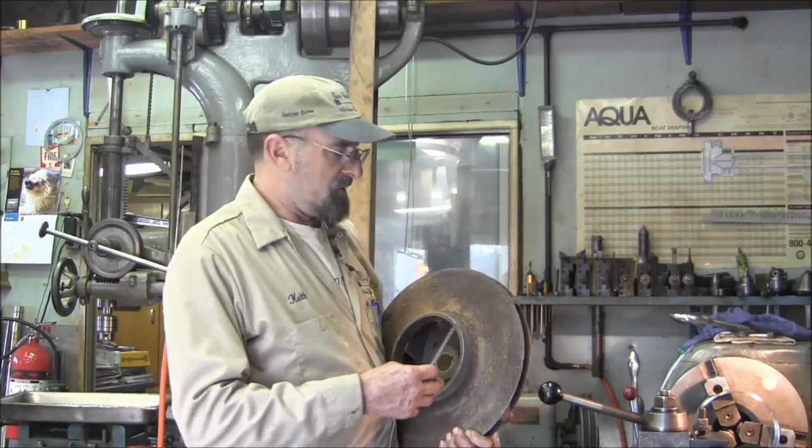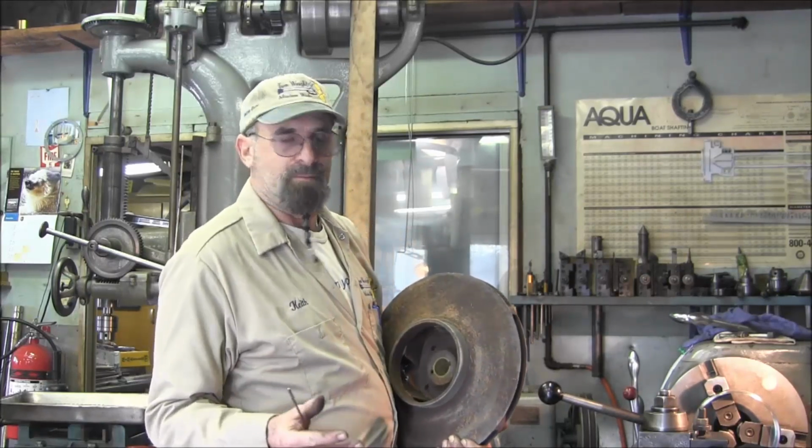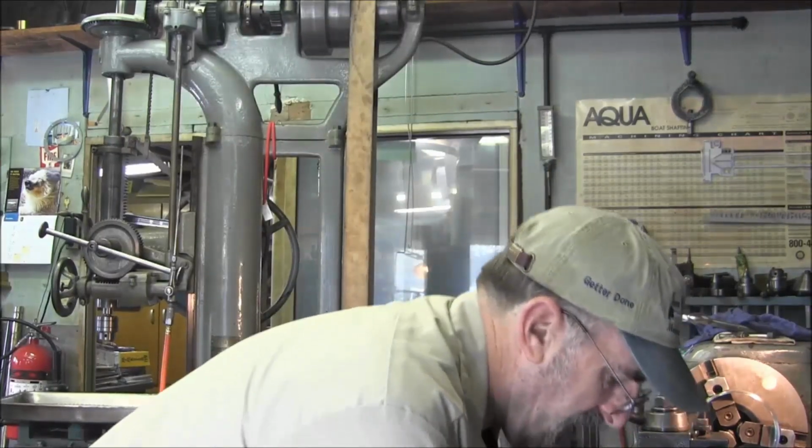And so what we're going to do is, we've got one almost done now. We're within the next final cut, and then we'll be pulling it out, and we'll put the other one in, and we will rough that out. After that, we will go ahead and put in our impeller here, and we're going to turn the rough diameters for a press fit